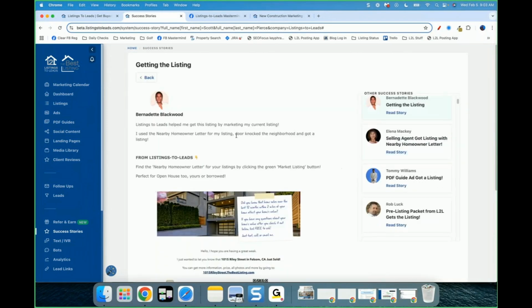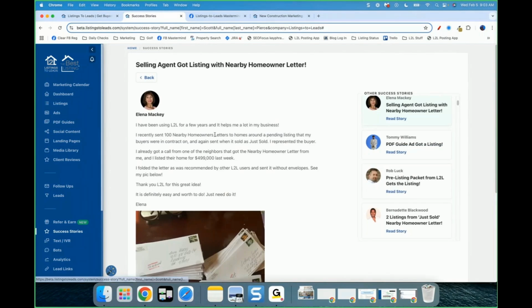Again, with Bernadette here, right? Same idea, but she was door knocking. So she took this letter and went door knocking. Elena, another one here with the letter. She came in here. And what I love about this one, and this is for all of you, you can